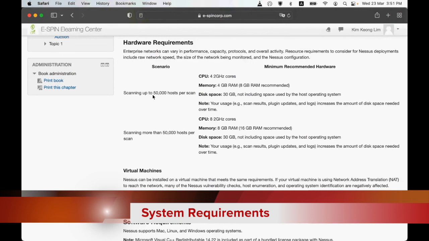Because you see here, we're talking about 15,000 hosts per scan. In a normal enterprise scenario, you won't be scanning 15,000 per scan. Maybe some will be in multiple segments, but you can base on here to reduce the recommendation. But it's typically a standard machine in modern day, like an 8 gig machine. The usage